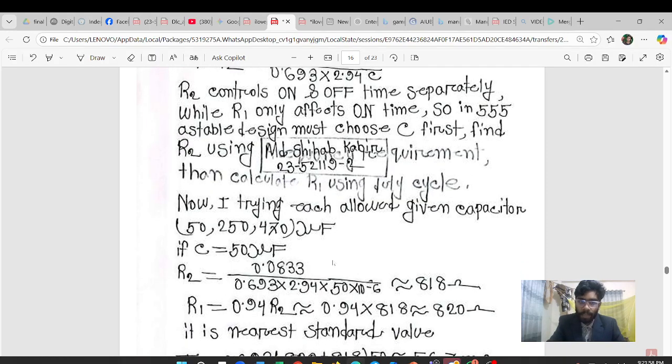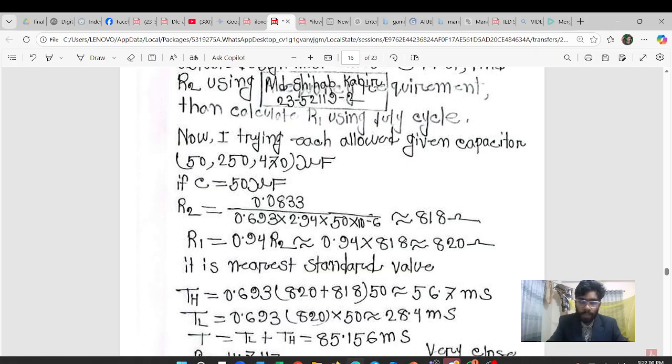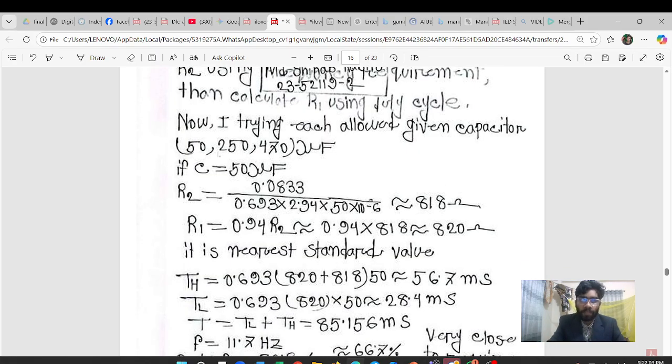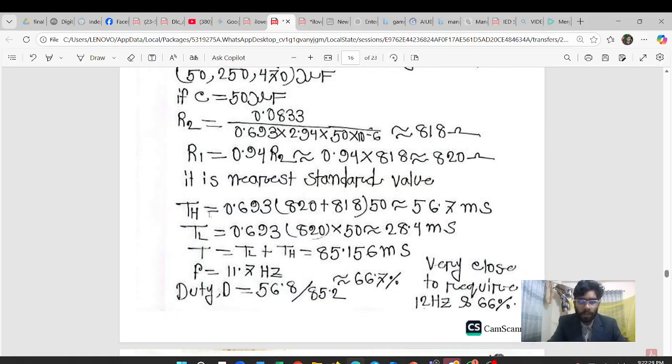Now I am trying each allowed given capacitor: 15 microfarad, 215 microfarad, 417 microfarad. Then I calculate my duty cycle. R2 from the 15 microfarad is 888, nearby 820 according to my ID. R1 is the same, 820, a nearby standard value, and we know that we calculate TH by